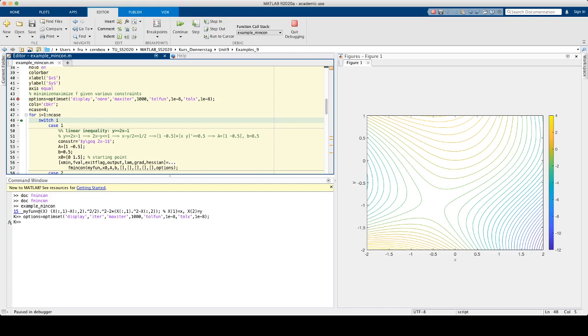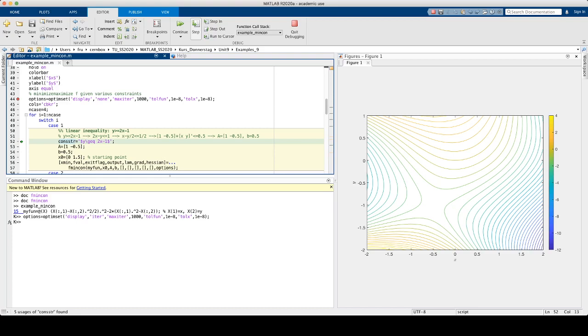In addition, we can also switch on some bounds for the minimizer. Okay, let me step to my first example, which is a linear inequality of x and y, which means the